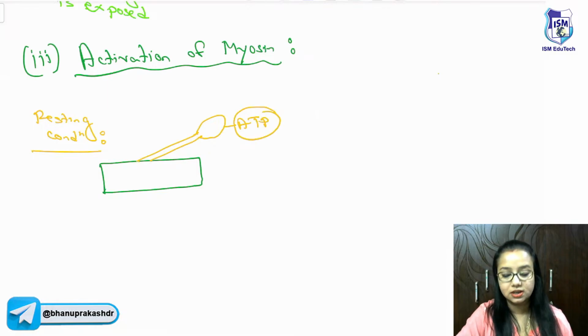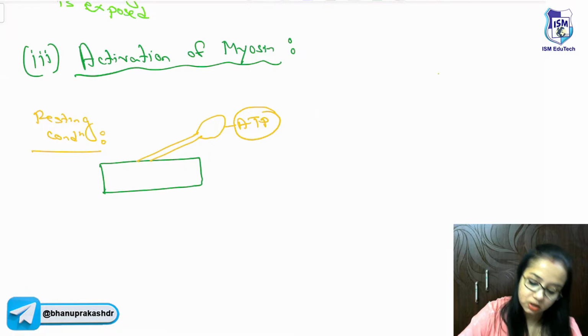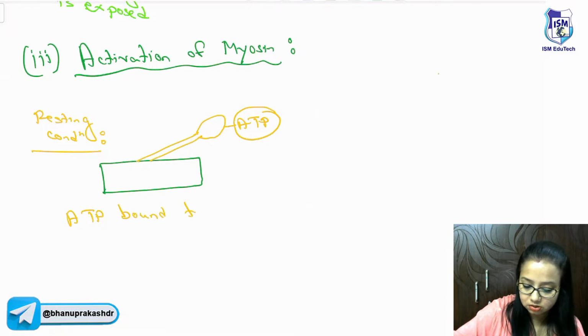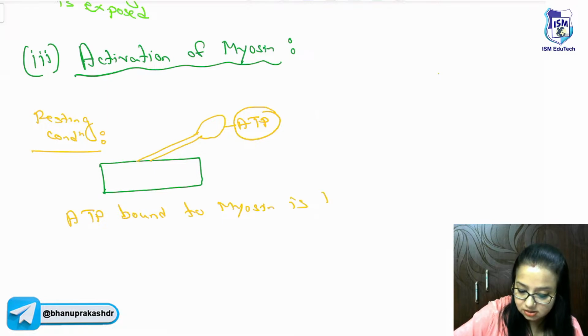This is the myosin head, the globular head, and this is the body with the neck and all. And this is a heavy chain, so thick chain. This has an ATP bound to it. Interesting. The ATP bound to myosin is